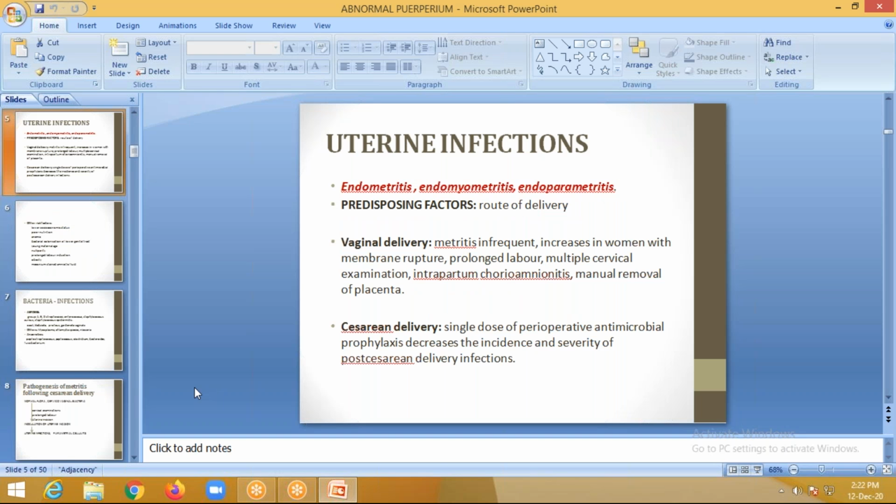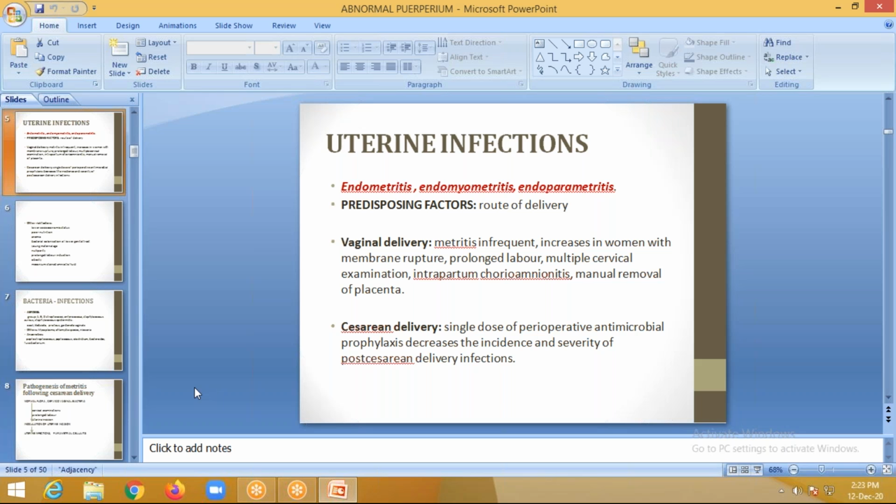Other puerperal infections are uterine infections. Uterine infection might be endometritis, endomyometritis, and endoparametritis. These are three types with increasing severity. Predisposing factors include the route of delivery, which is very important in determining uterine infections. With the vaginal route, metritis is infrequent. In vaginal delivery, metritis is not common, but there is a chance of metritis in